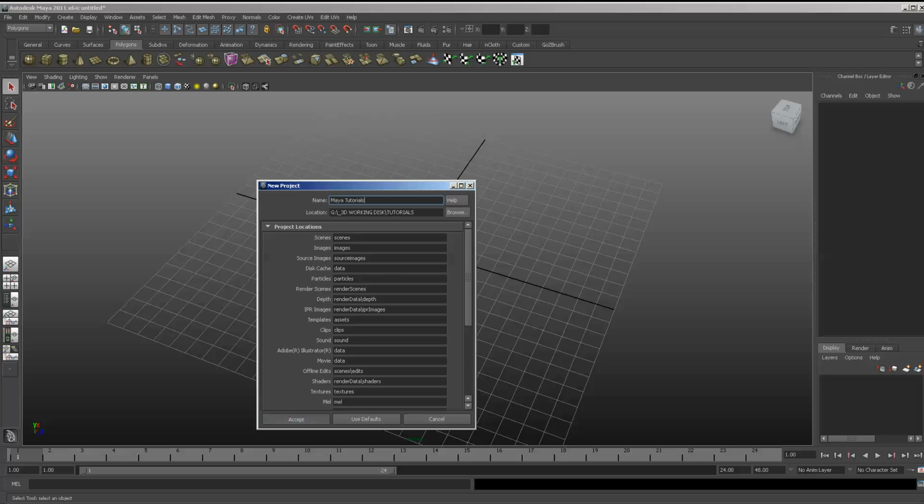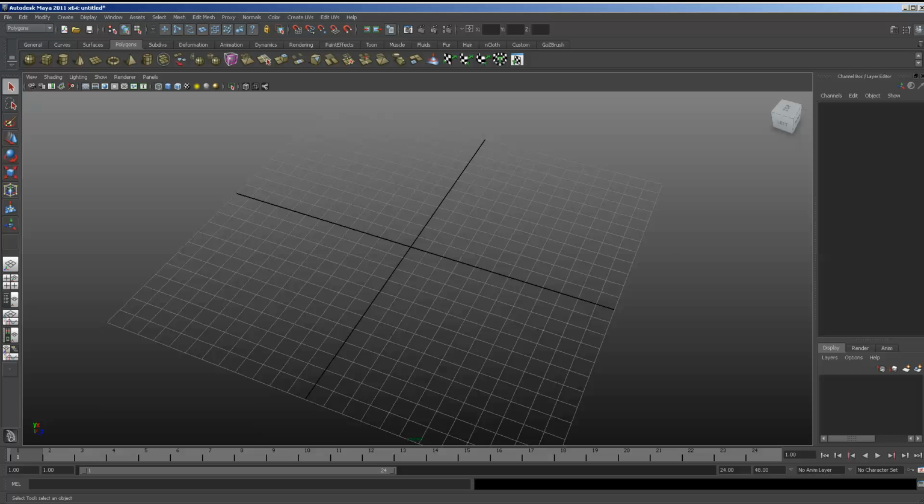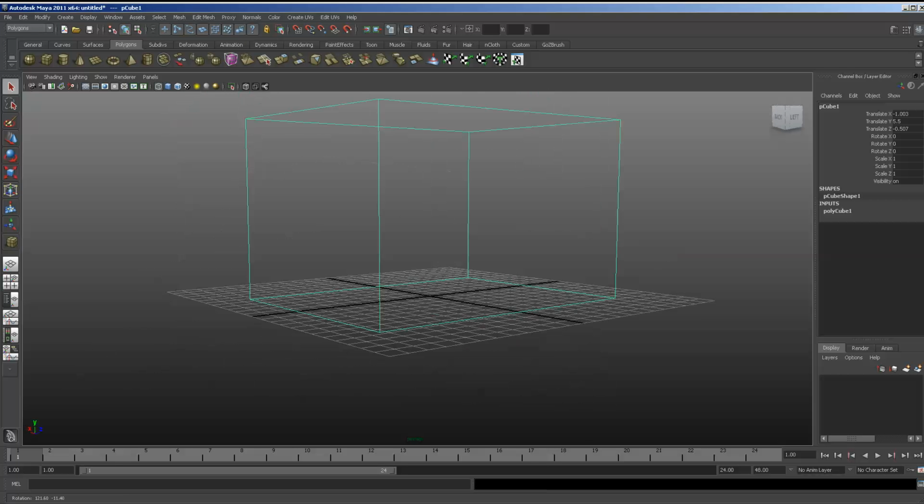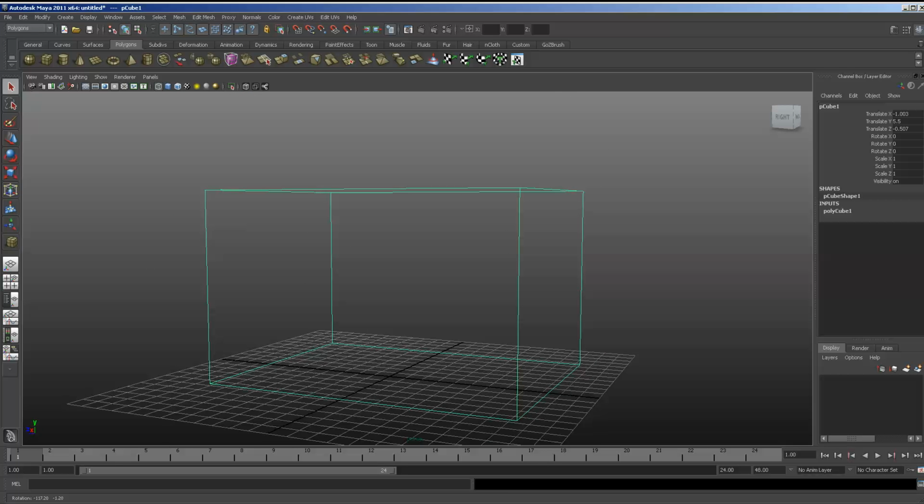Just use the defaults and accept. Oh, anyway, it's already been set. So we'll start making a room. Just very simple, I just want to show you the basic workflow from Maya to Unity, which doesn't have to be difficult, but